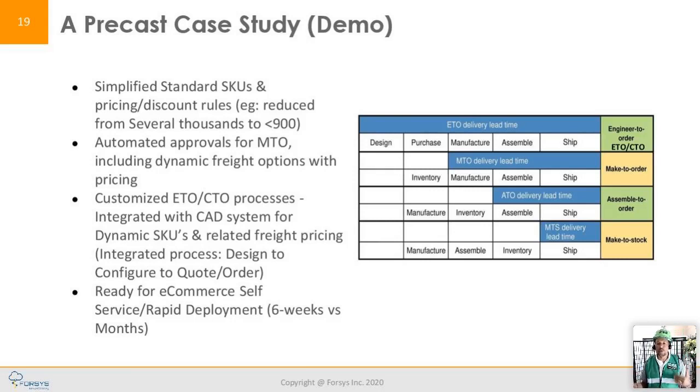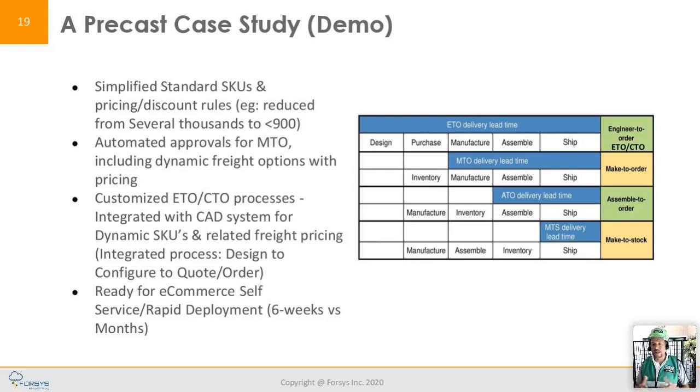In reality, you want to sell them in a way that's easy to configure, easy to add options, easy to visualize. All that is built into our e-commerce RISE platform that allows you to visualize it as an easy portal while you maintain an underlying sales strategy that makes sense. For example, you may have an engineering to order life cycle, or you may have a make to order life cycle, or whatever. The cycle time to service those clients is one of the key pain areas we found with a lot of our customers.